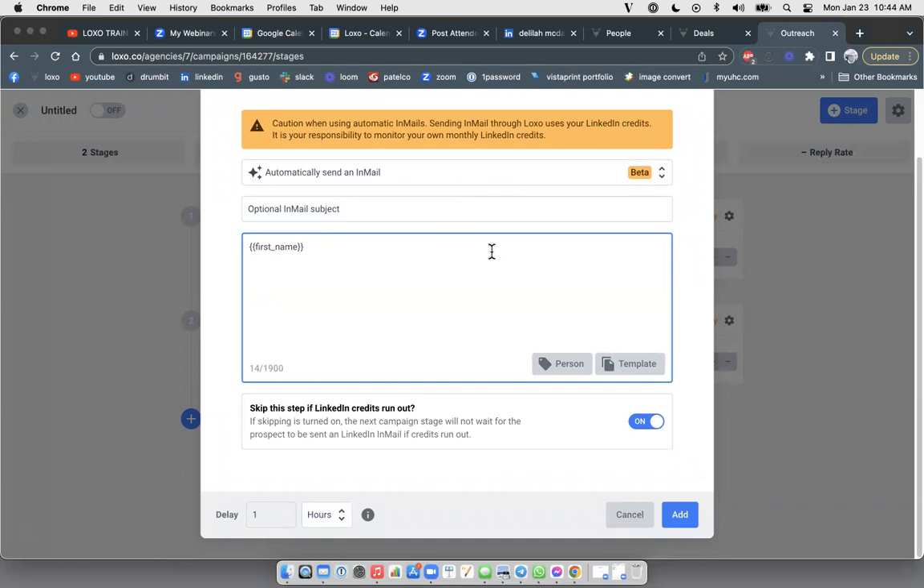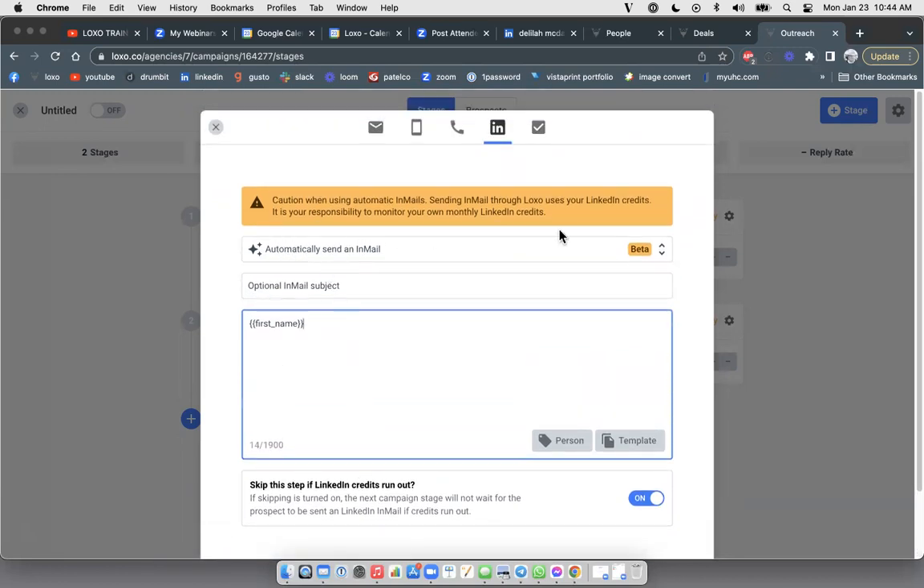Do you want this step skipped in the campaign if you have run out of LinkedIn credits? Now, if you choose the in-mail delivery option here, it's going to spend a LinkedIn credit. So if you're out of credits and we have this queued up in your campaign, what do you want to happen? Do you want to just skip this and go to the next stage? That's the way it's set up right now. Now, if you do want it to wait until you buy some more LinkedIn credits, then just set it like that, and the campaign will basically pause